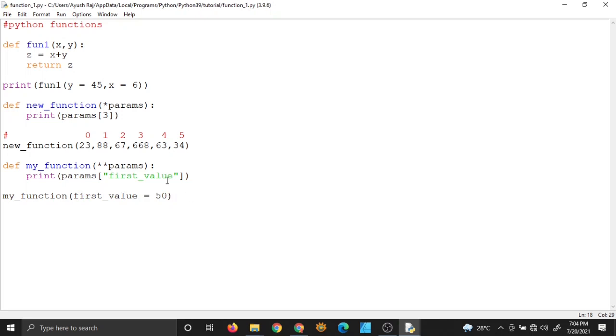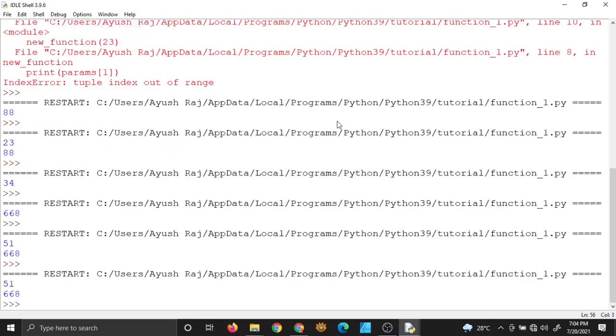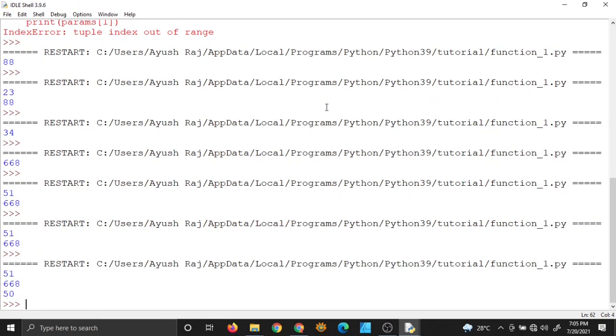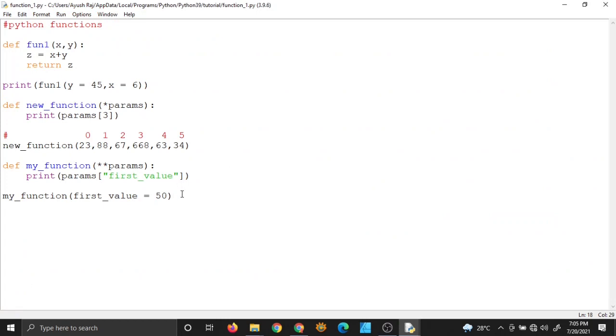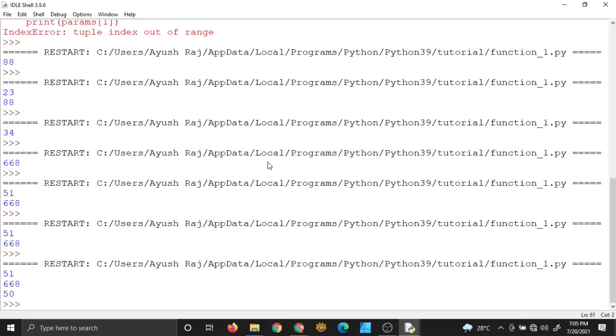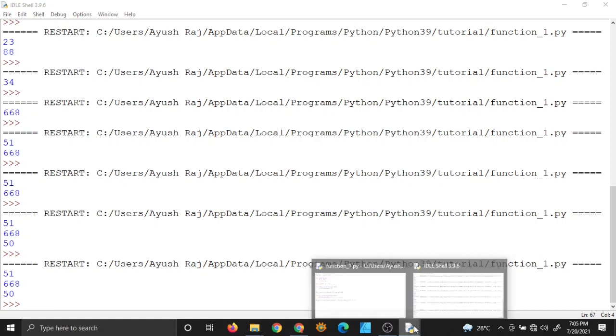It should print 50, right? Yeah, it printed 50, and that's good. But if I give a second value, suppose I give 67 as the second value, since I have not used second value in my function definition, it will not change anything. So let me run it. Yeah, it didn't change anything because we have not used the second value.